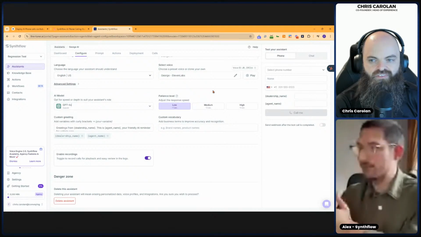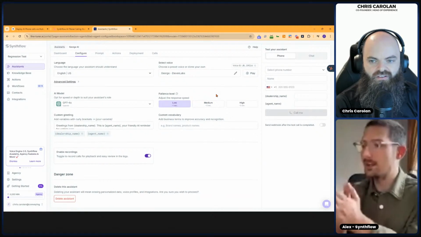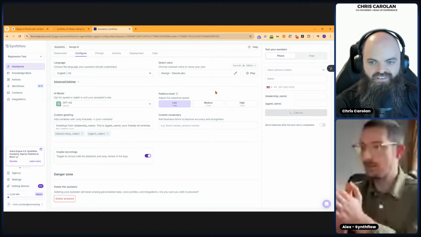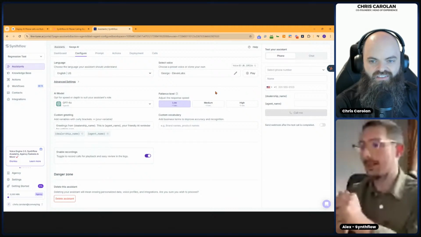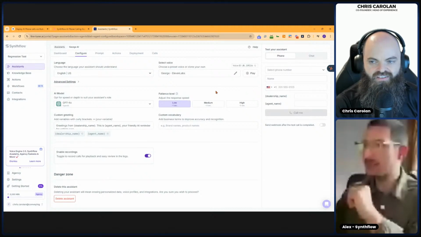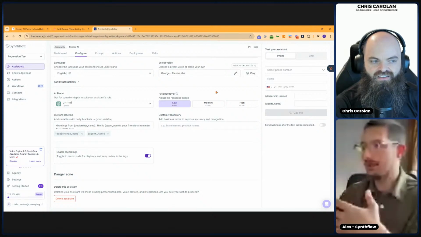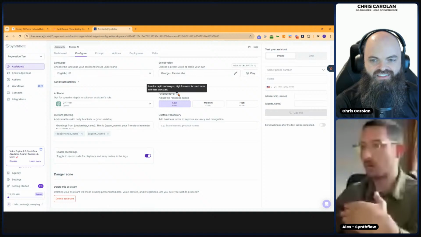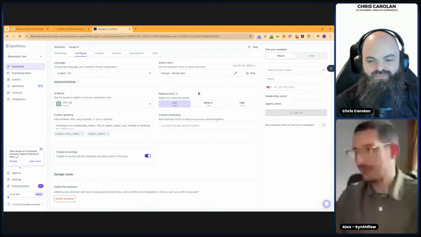The patience level is hopefully straightforward. It's the patience between the exchanges from the AI and the human. So after I stop talking, the AI will wait 1 second and start talking itself. This can be increased here, because sometimes the AI doesn't know when I take humanly breathing pauses, so it can start talking over you, and you don't want that. Oh, this is super interesting. Keep it low. Yeah, this is super interesting